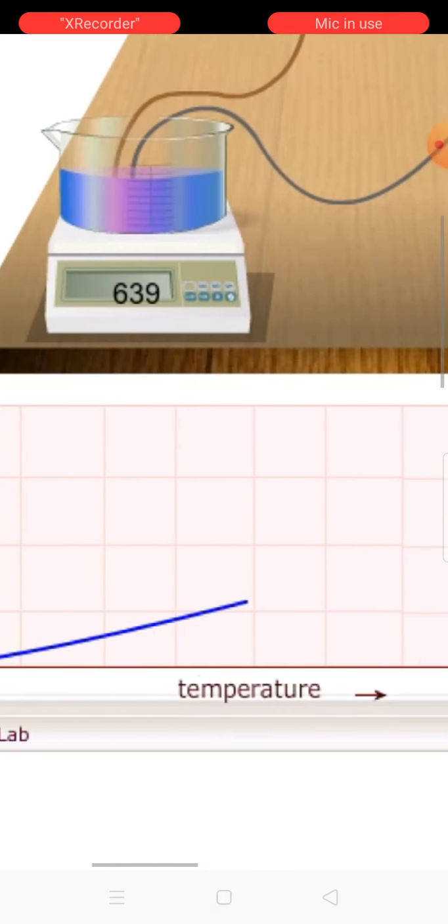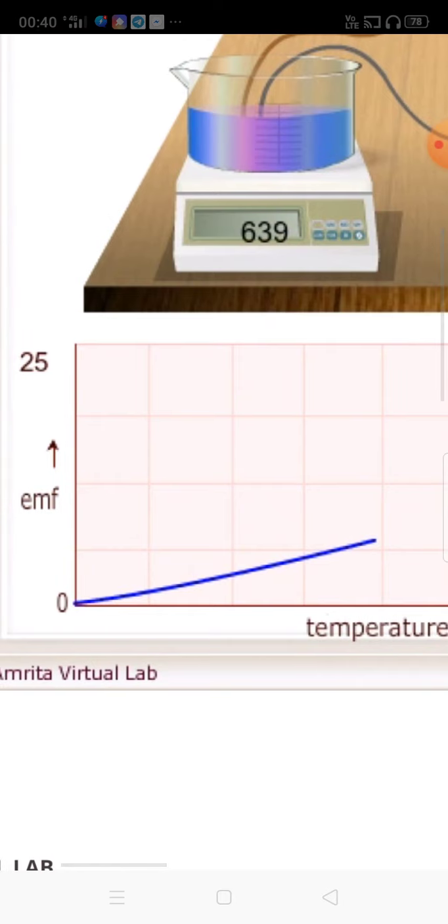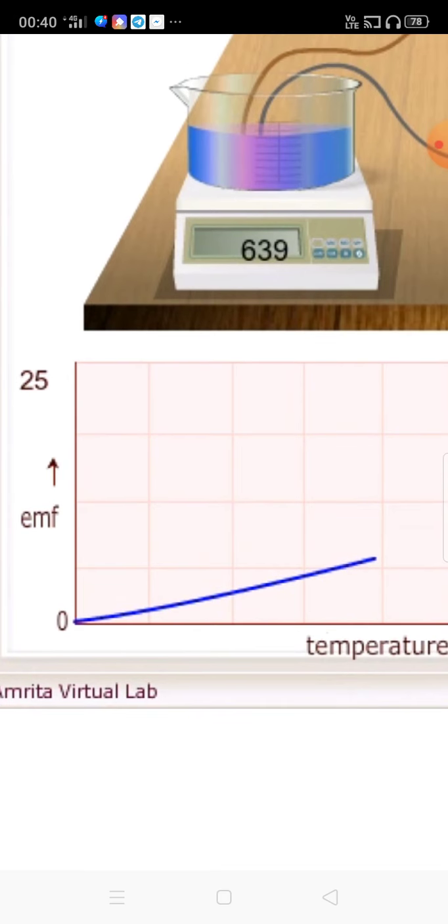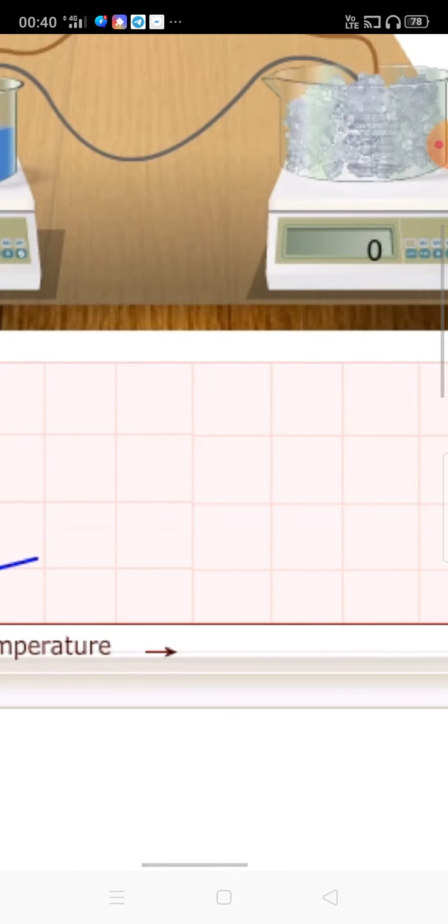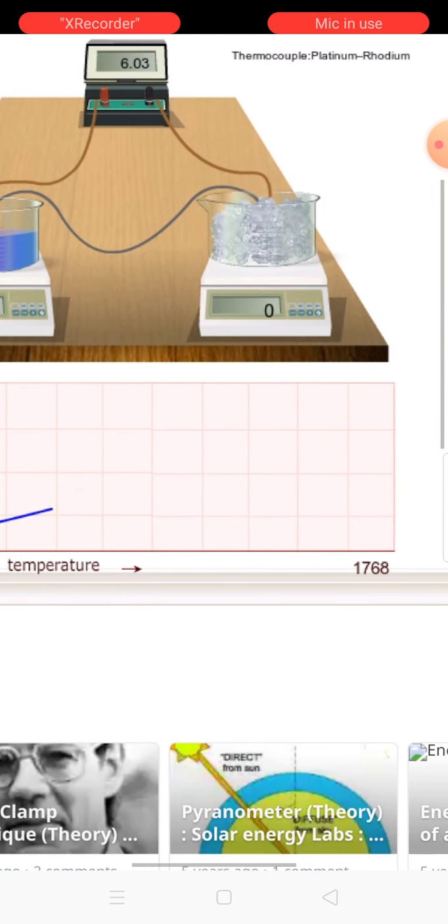If the graph is noted here, the y and x axes give the values for E and T. So you have to plot the graph, drawing two lines perpendicular to the x axis. Then you have to draw another two lines from the y axis. They will cut and form a delta shape. Then the delta shape is del E by del T, where del E is E2 minus E1 and del T is T2 minus T1. This way you learn how to perform the Seebeck effect,